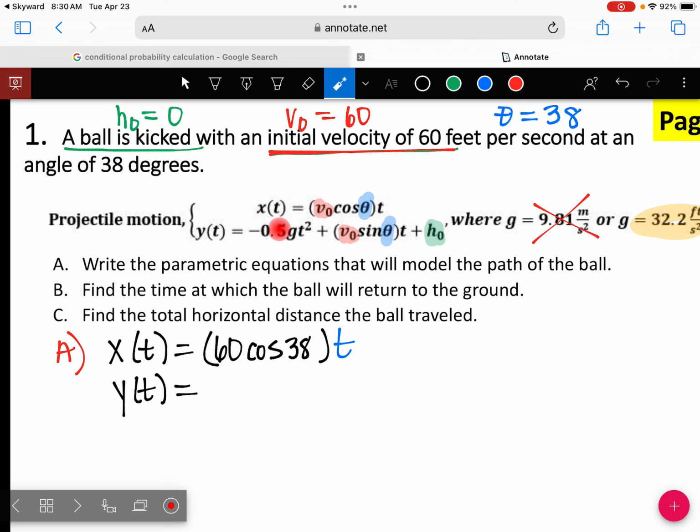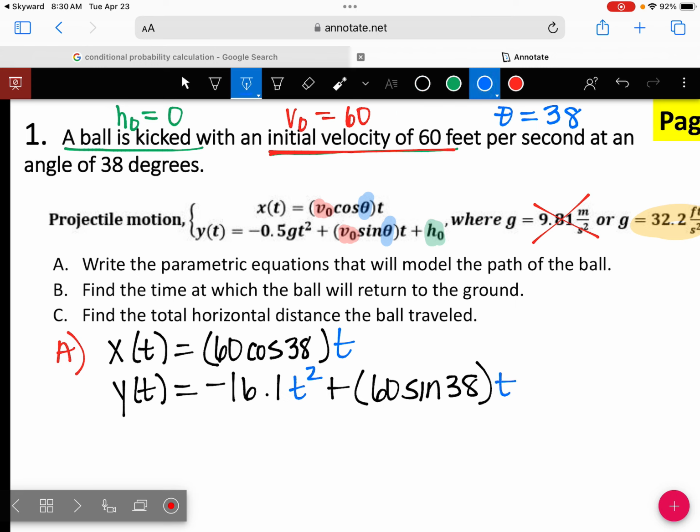We're using 32.2 because this is in feet. So negative 0.5 times 32.2 should give you negative 16.1. And then I have my t squared plus, and then I'm going to make my parentheses. I have 60 sine 38